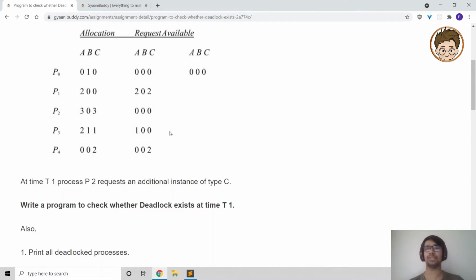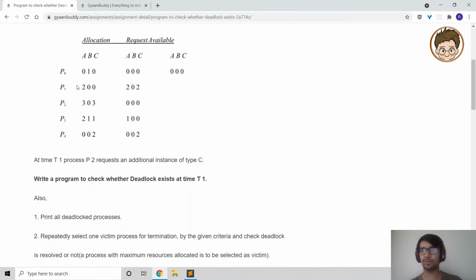And once a process is done with its job, all the resources that it was holding are released back to the system. Like for example, here in case of P0, it was using just one printer. So once its job is done, that printer can be free, and it can be allocated to some other process, or it can just be free if no other process is demanding it.